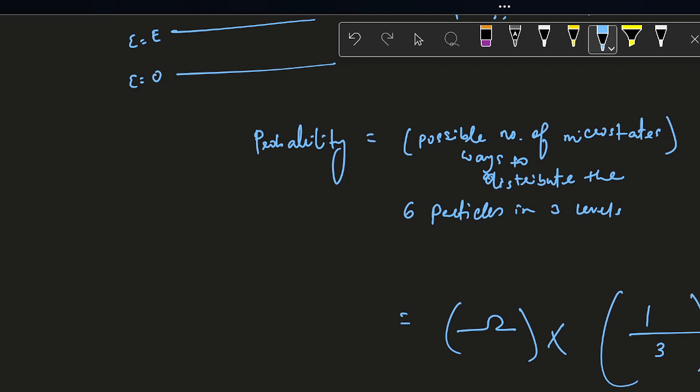And because there are 6 particles, if you take probability 1/3 for each particle and multiply for all 6, you get 1/3 into 1/3 into 1/3, 6 times, so you get (1/3) to the power 6, because 6 is the number of particles you have, and 1/3 is the probability of each particle occupying each of the 3 levels. Okay,